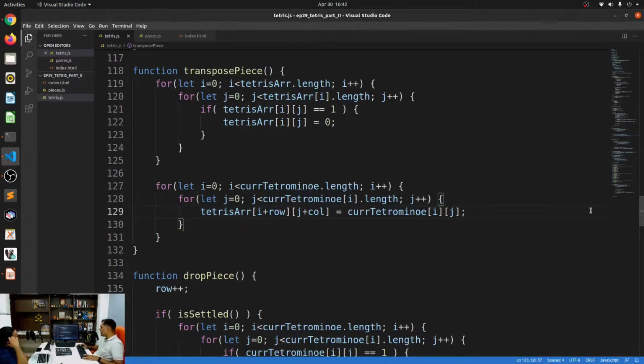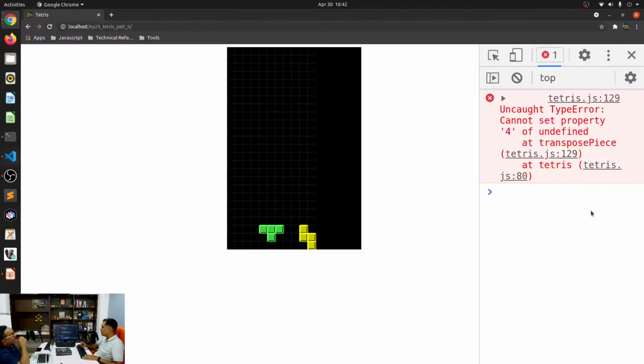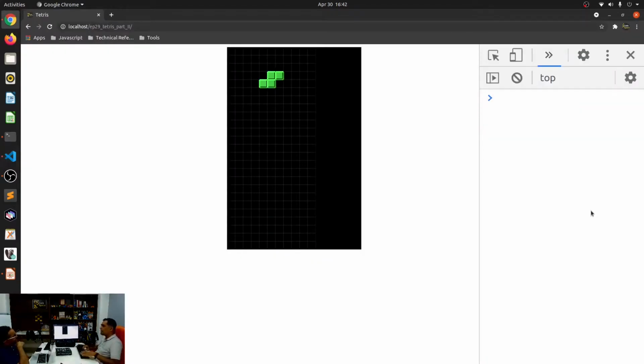Instead of that, let me just do a plus equal to current tetromino. So whatever value is there in the current tetromino will be added to it. If there is a piece with a 1 over there, and the current value is a 0, it will just remain as such. Which is why the piece with the 0 which is leading was making everything disappear.